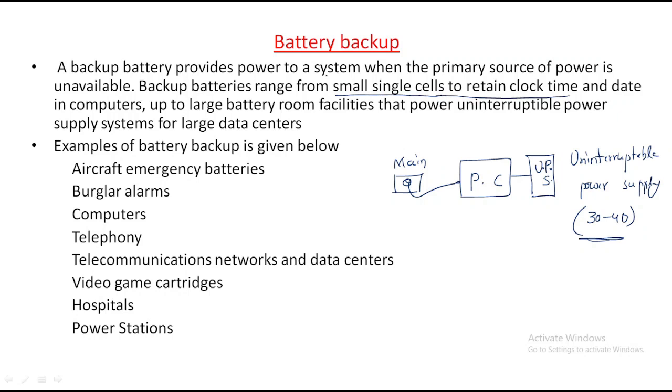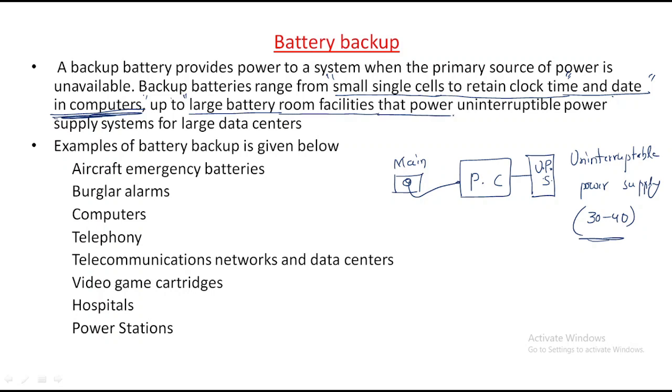In order to maintain the time, we use small single cells as a backup to maintain the time and date in computers. In computers, a small battery backup is always there that maintains clock time and date. That's why whenever we turn on the computer, it directly shows the modified date. That point to large battery